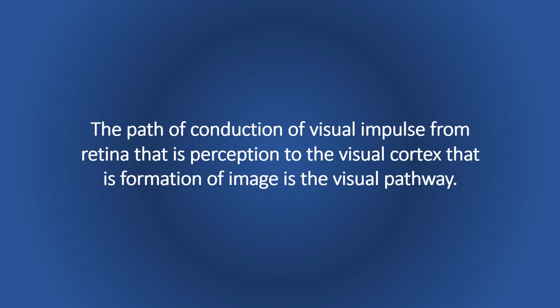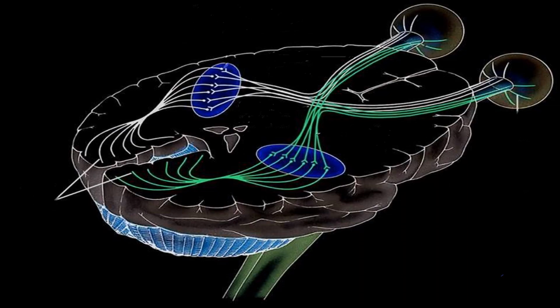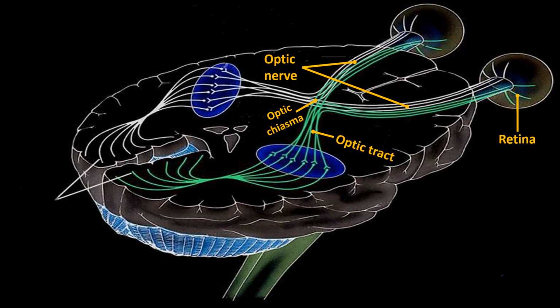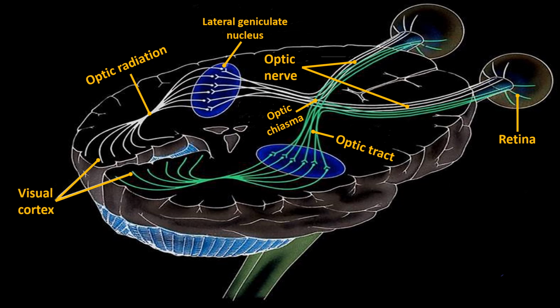So till now we know that for image formation we have the retina as the initiation point and the visual cortex as the final. So the distance between these two has some stops which help to transfer this information. So here are those stops, which include the retina, optic nerve, optic chiasm, optic tract, lateral geniculate nucleus, optic radiation, and visual cortex. This lecture revolves around the anatomy of these components and the arrangement of visual fibers within each structure.